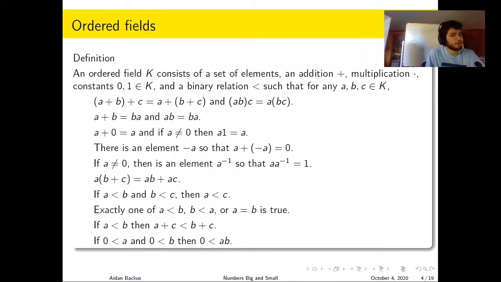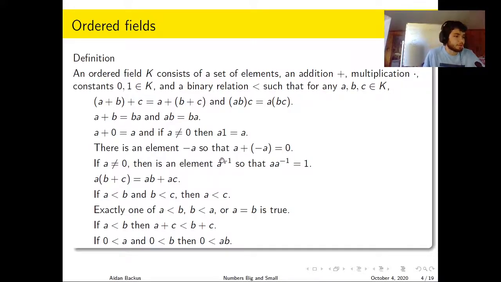So this is an algebraic structure. It consists of a set of elements, and you can do addition on them. You can multiply them. Two of those elements are going to be called 0 and 1, and there's a binary relation which we call less than, which satisfies a bunch of properties. Addition and multiplication are associative. It doesn't matter where you put the parentheses. They're also commutative. It doesn't matter what order you do them in. And if you add 0 to something, then you get that thing back. And if you multiply something that's non-zero by 1, then you get that thing back. You can subtract things. For any a, there's a minus a, and a minus a is 0.